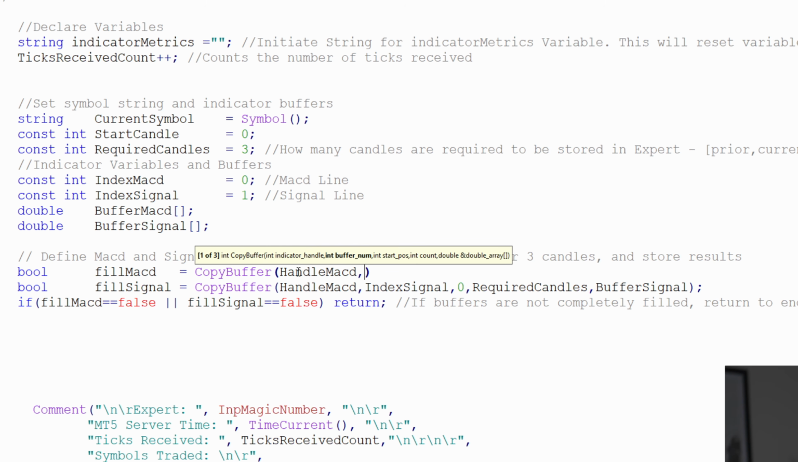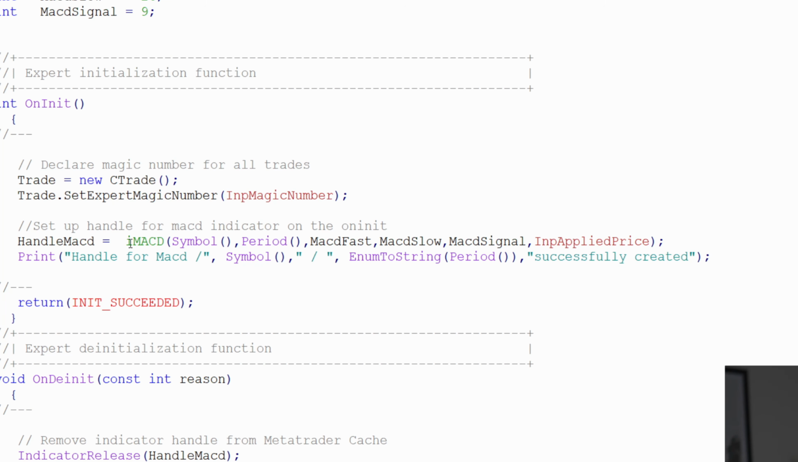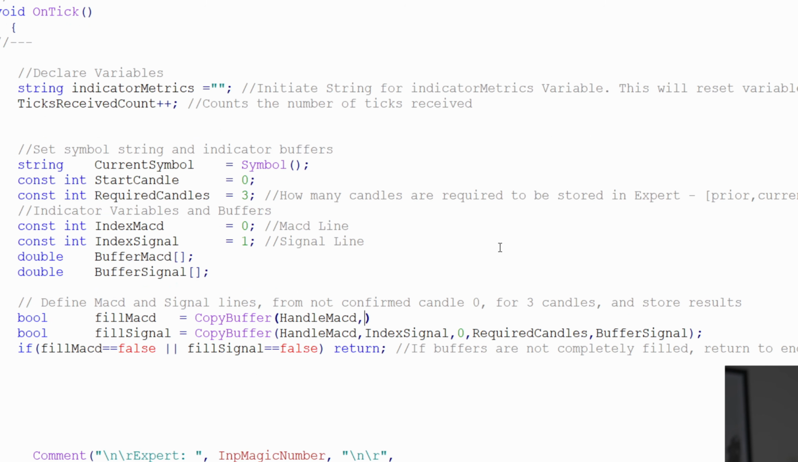And basically, again, what that is doing is getting that unique identifier, or just saying that this is the indicator that we're going to be using called handle MACD. And it's getting essentially the lookup for all of these variables, or for our indicator, which is MACD for these particular settings. The next thing we want to be doing, if I go back into our function, is we need